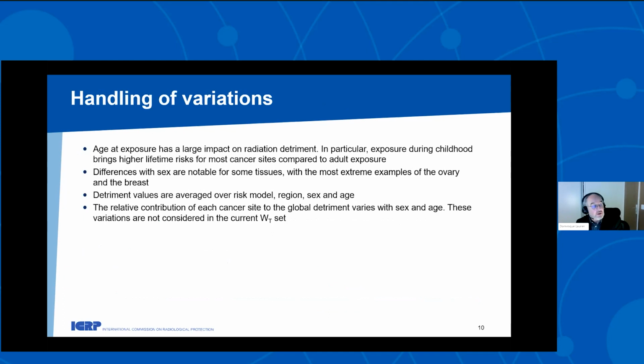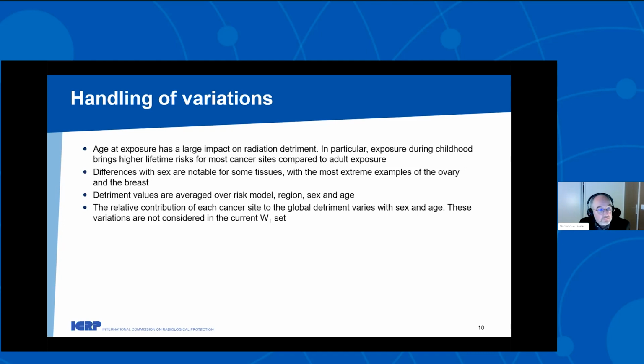In addition to that, there is one strong request to consider the variation of risk between individuals. We know that age at exposure has a large impact on radiation detriment. Especially, we know that for the same dose, an exposure during childhood brings much higher lifetime risk for most cancer sites compared to the same exposure during adulthood. It has been shown in the presentation by Wei Zhang that there are differences with sex, notable